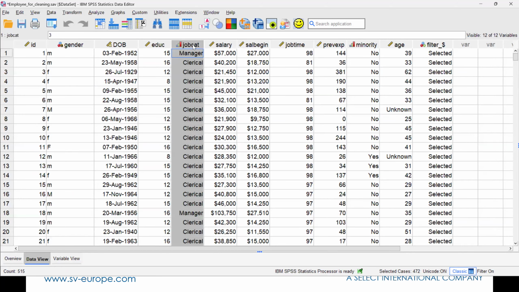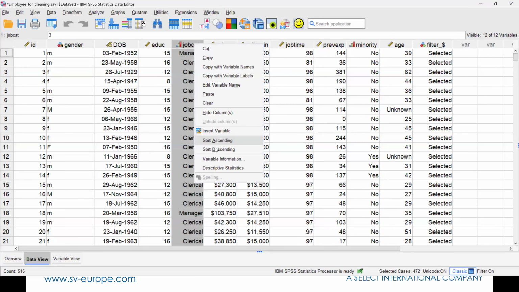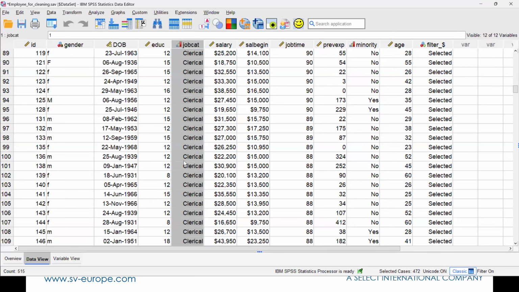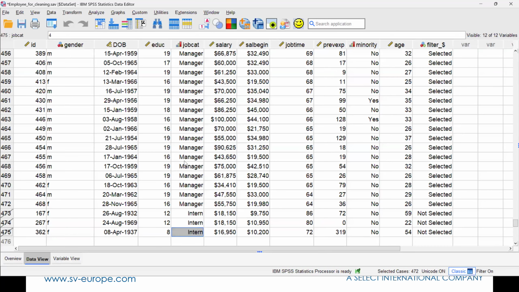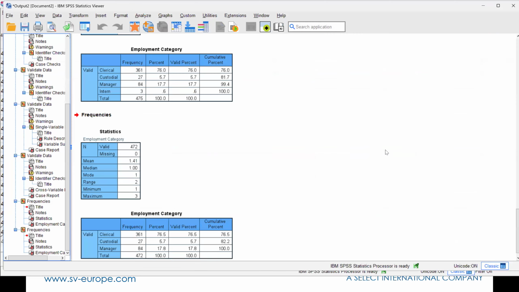I'll just have to sort this in order again to illustrate this. Sort ascending again, go to the bottom, Ctrl+Bottom. There you go. So these little strokes appear. That means they've been filtered out. So when I right click here and go descriptive statistics, they're no longer part of the analysis until that filter